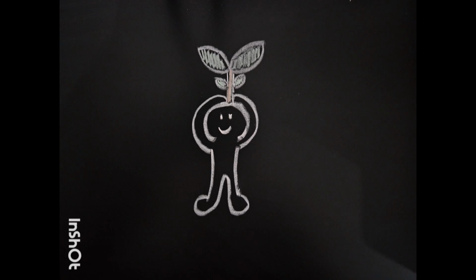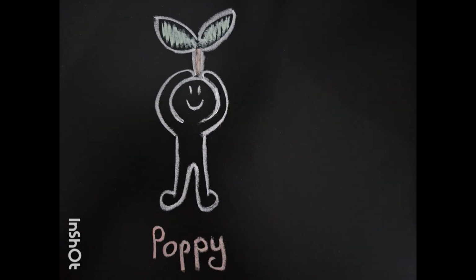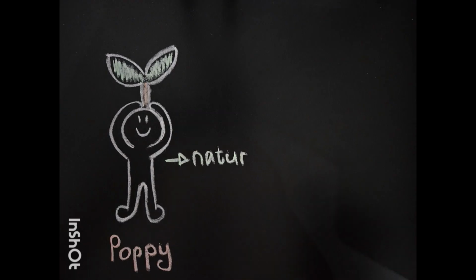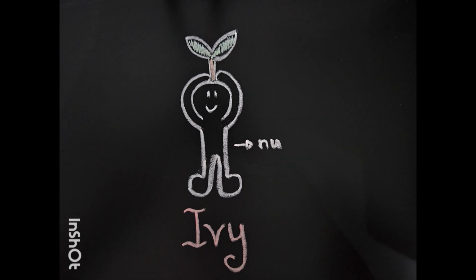This goes to show that both nature and nurture have their strengths and their weaknesses. When we look at Poppy, who demonstrated the concept of nature, she did not have any protection against her environment. Instead, she relied solely on her genetics to support her, which helped her grow strong and resilient all on her own. Next, we looked at Ivy, who demonstrated the concept of nurture.